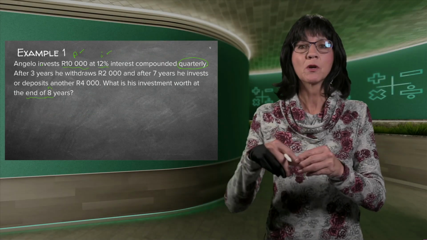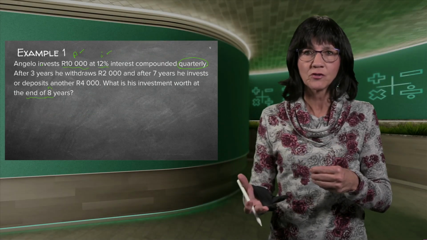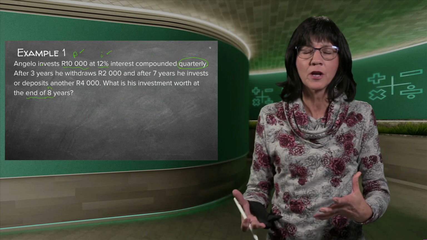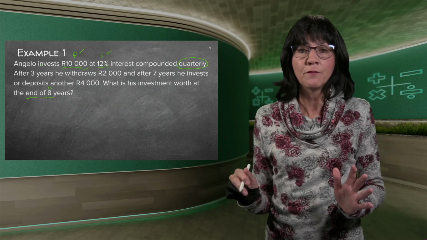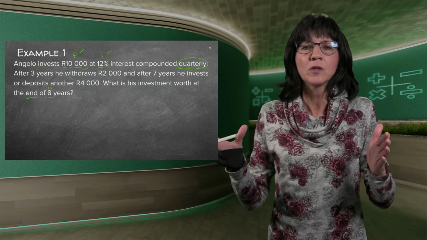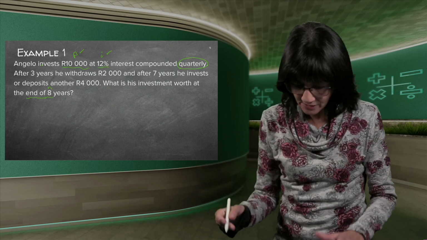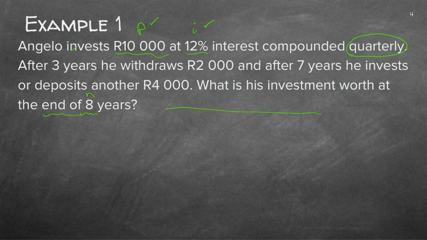So that 3 years was already for the next amount, 2,000 Rand. And then there's another amount, 4,000 Rand. So there's different amounts involved, but in the end, my whole timeline is set over 8 years. So before you start, you do a timeline, you start at year 0 and you end at year 8. This is how your timeline looks. Good, so let's start. He invests 10,000 Rand. So I'm going to put the 10,000 here. I'm going to put a plus in front of it. He's going to, in the end, have this money with all the interest that he makes.